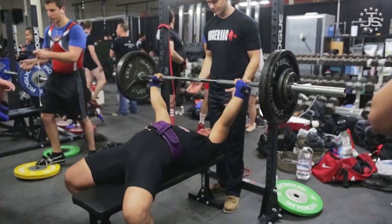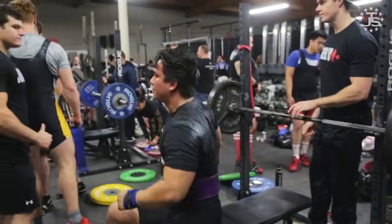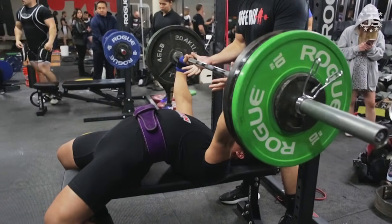An example warm-up for an athlete looking to open with a 110 kilo bench press, 242 pounds, might be the bar for 15 to 20 reps. I like to go through various different grips during my warm-up just to get a nice full range of motion. They might go to 40 kilos or 95 pounds for a set of 5,